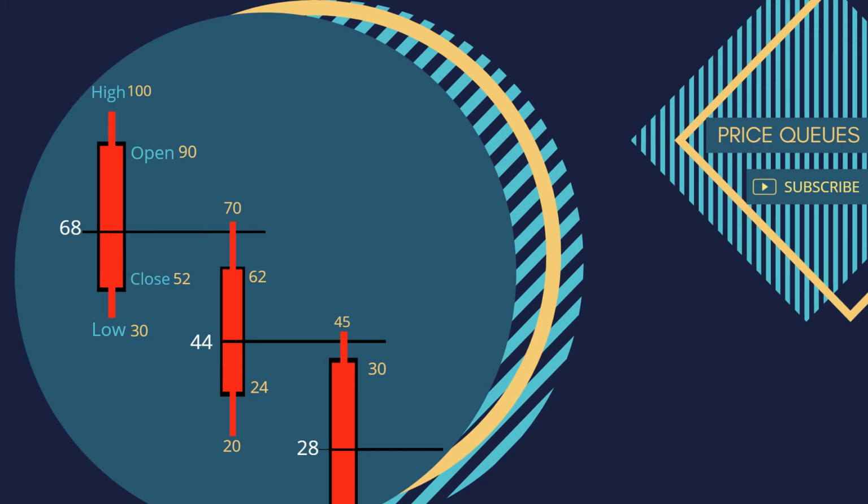For example, in this case, you can see the trend is clearly a downtrend as all the three candles are huge red candles. The mean of the first candle is 68, the mean of the second candle is 44 and that of the third candle is 28. As you can see, each candle tries to touch the previous candle's mean and then moves on into the direction. Now, let's say for example, you have seen the first candle and maybe it's a breakout candle to the lower side and now you want to enter the trade.